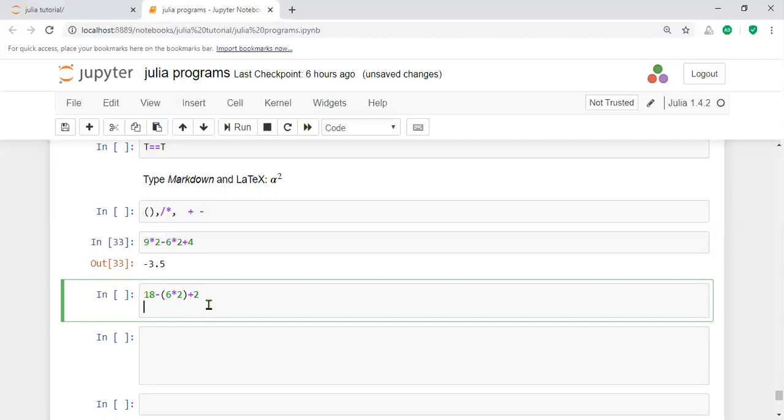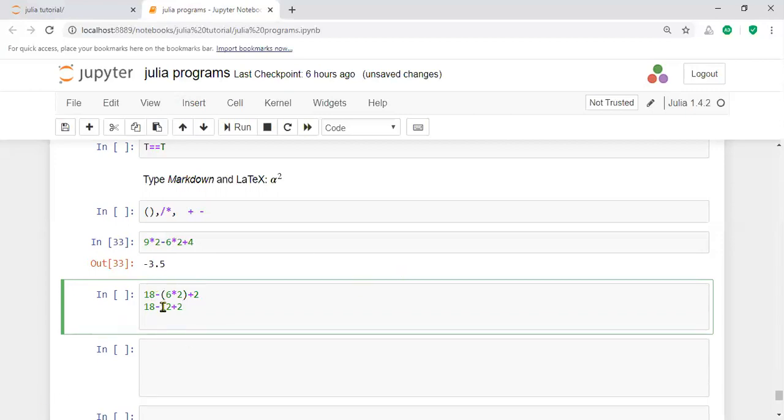After that, in the next step, the values are treated like 18 minus 6 into 2. That value is 12, so 18 minus 12. After that you have the plus 4. Now you have some doubt here: minus and plus have the same associativity, that is left associativity.